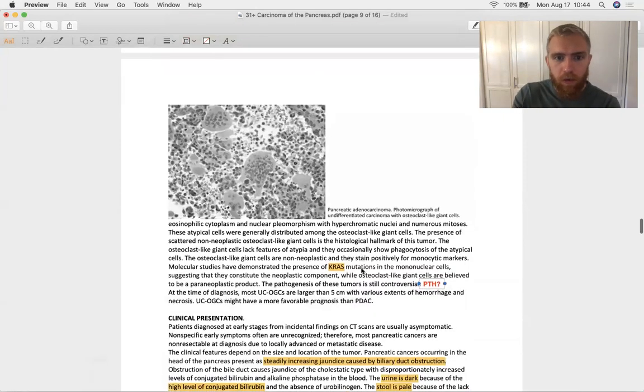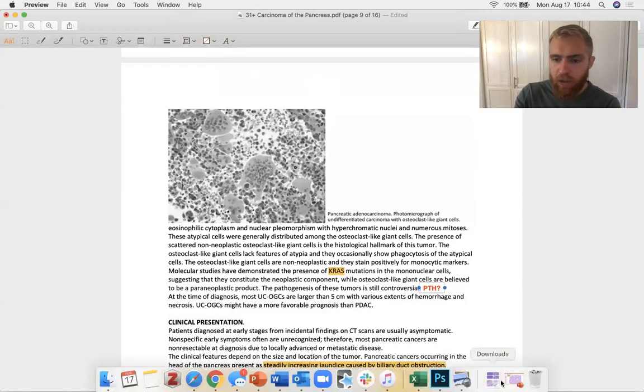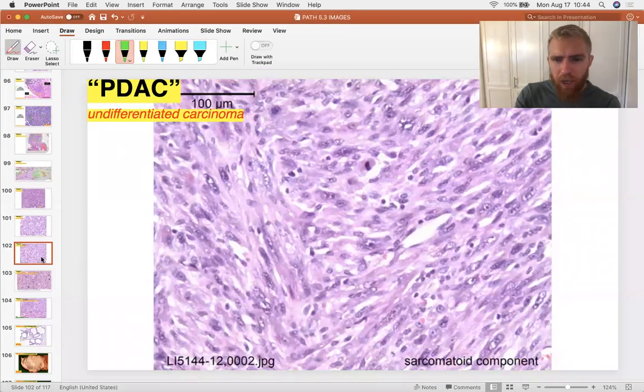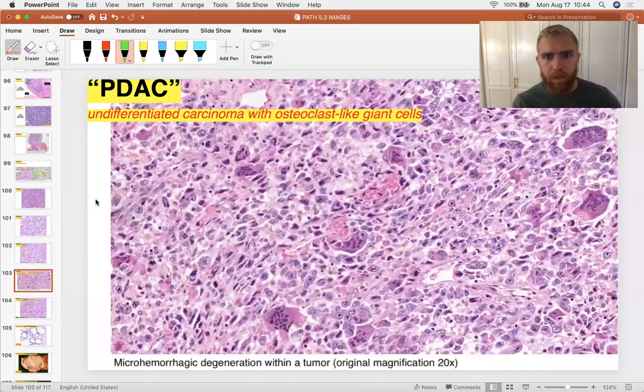Now, these tumors have KRAS mutations, and there's an undifferentiated carcinoma. Again, you can tell there's no ductal component to it. It's just a bunch of spindle cells. Here's your osteoclast-like giant cells. Really pretty pathology,